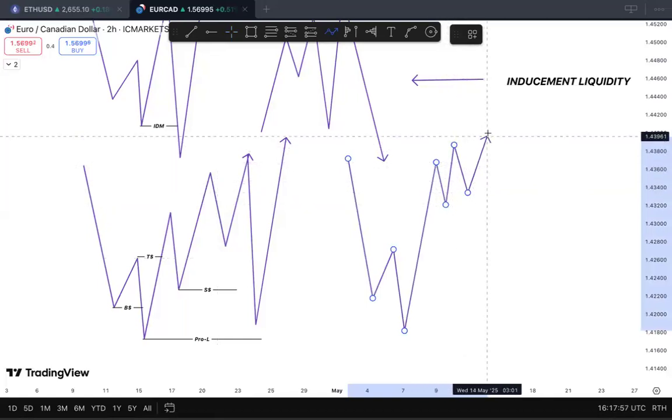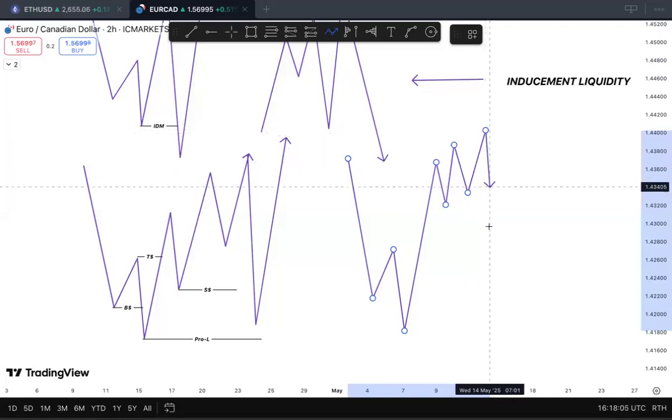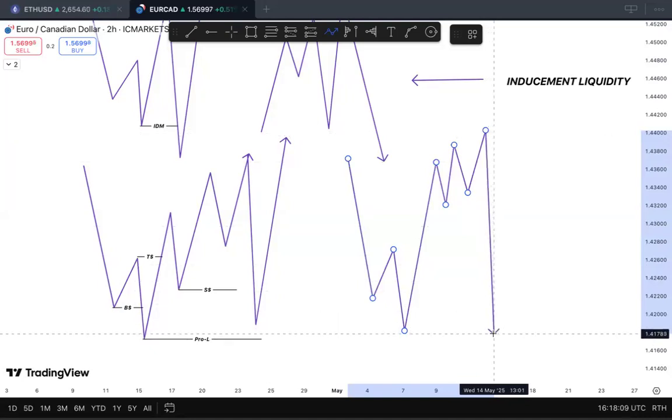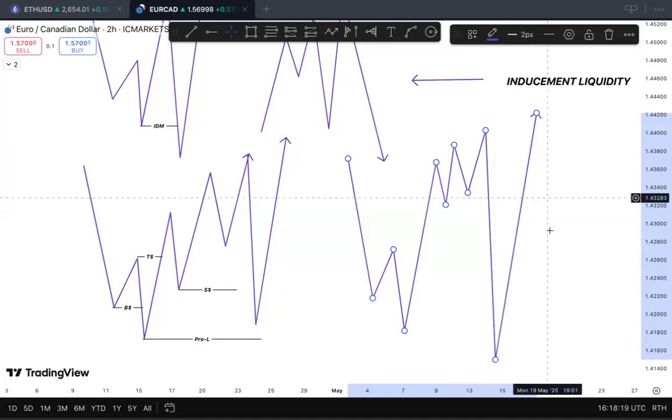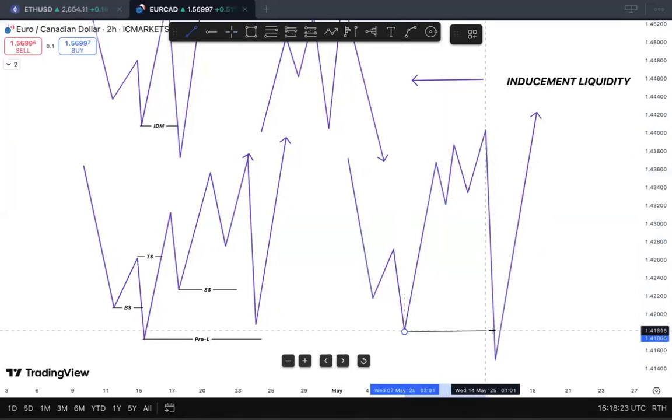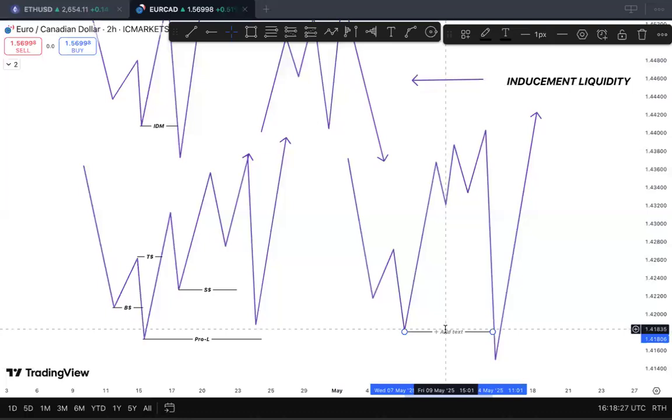Okay, you don't want to take that trade because this is not structural liquidity. What will happen is price is going to induce, take the main low, which was to be protected as what? The structural liquidity. And then what will happen? Boom. It will be induced. Okay? It will be induced.